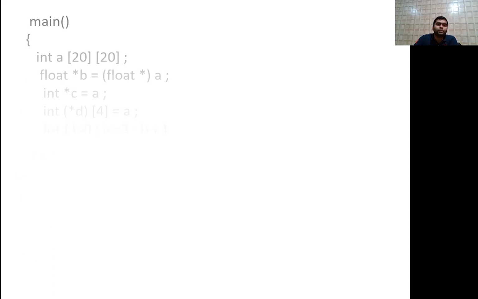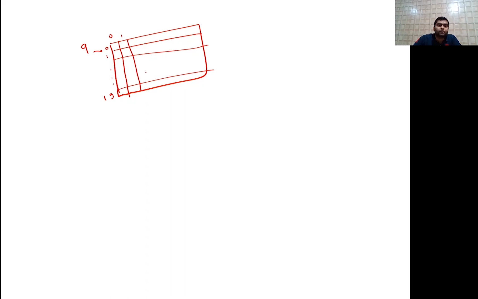What is a of 20 20? It means array A, a 20 by 20 array will be created like this. 0, 1 and so on. The last row index is 19, and similarly 0, 1, and the last index is 19. So 0 to 19.